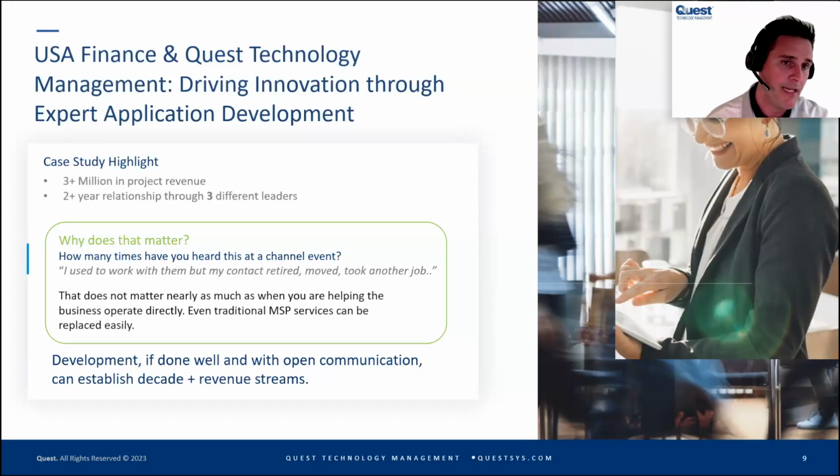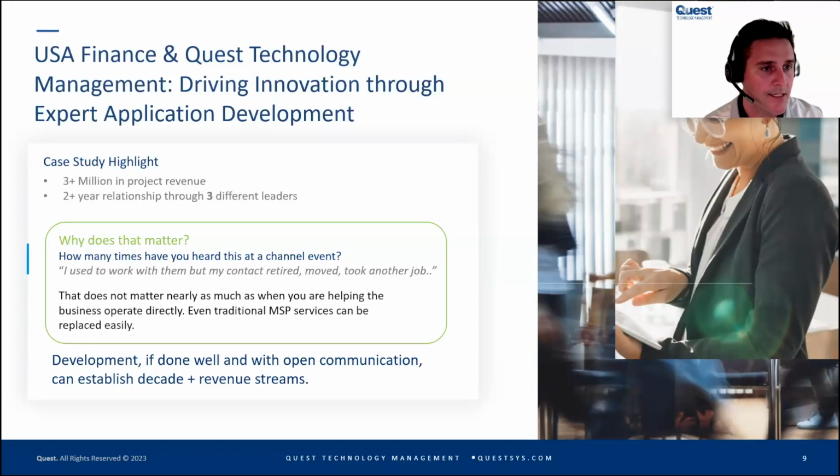So we did a good job on the application review for them at the database level. And then we started going through our Sprint Zero process with them to help improve other aspects of their application. And it's led to a little over $3 million in project revenue. And one thing that I wanted to bring up to the partner community and the trusted advisor: the revenue numbers are great. Those are fantastic, and we can help with big projects and small projects, and we love to get engaged when people are looking for help.